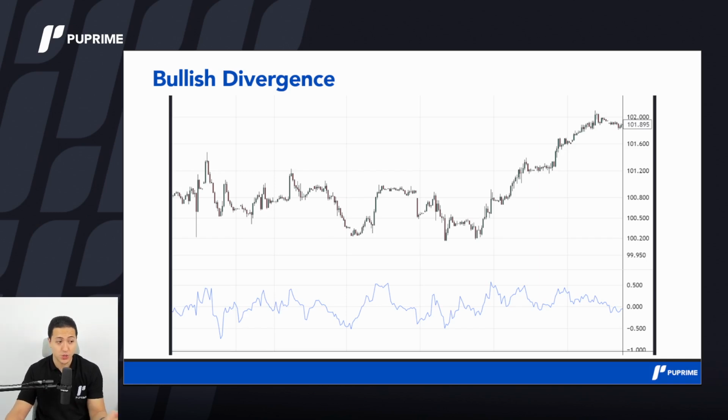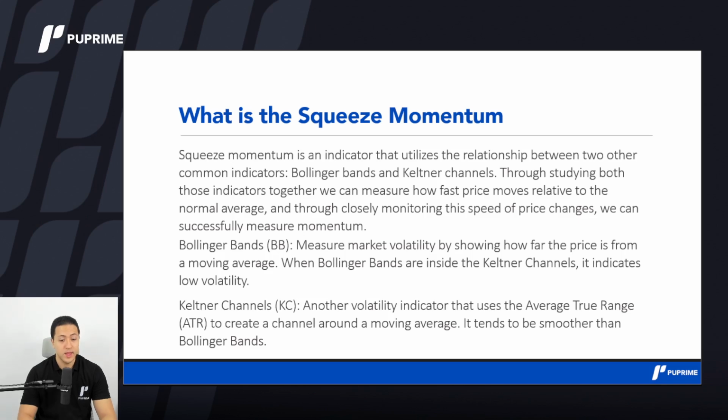So as I'm telling you, that's why it's really powerful to have this combined with the supply and demand, okay? We have spoken about momentum itself, the idea of momentum and the speed of prices. We have also discussed divergence. As I told you, divergence could be applied to any momentum indicator, but today we are here to discuss a specific indicator, the squeeze momentum.